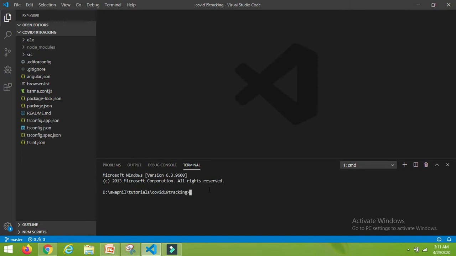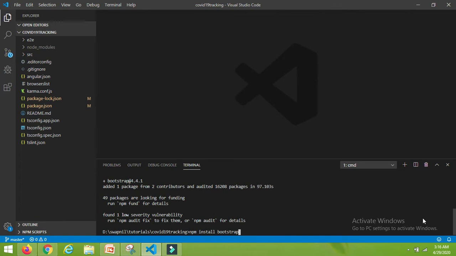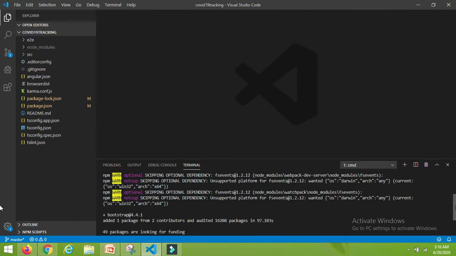So to install the Bootstrap, we have the command npm install bootstrap. Enter. So it will download all the files which are required for the Bootstrap. So it has installed the Bootstrap on your machine.